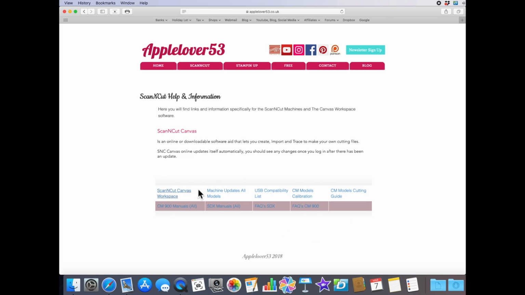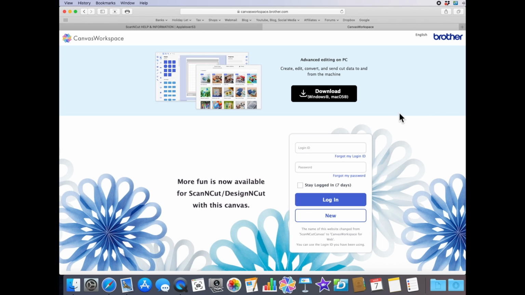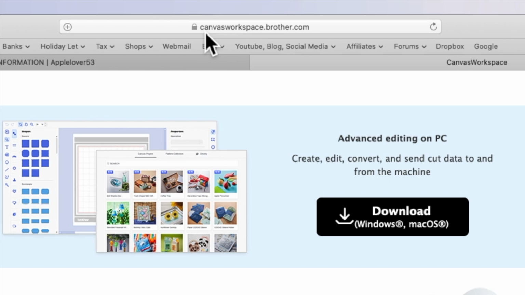And on here, there's all different links to things that you may need to know when you're using a ScanNCut. But the thing that I'm talking about today is this first one here, ScanNCut Canvas Workspace. And that is going to take us straight to